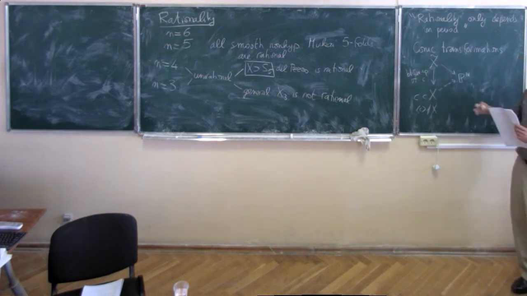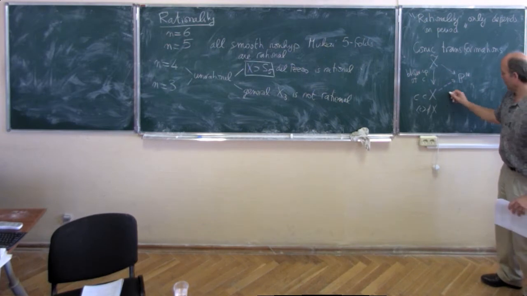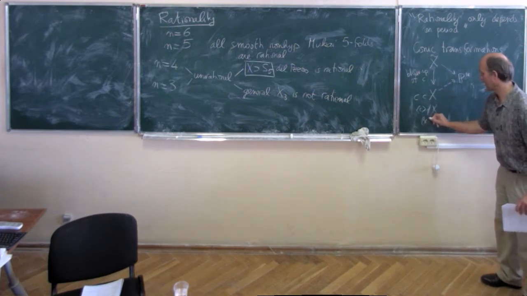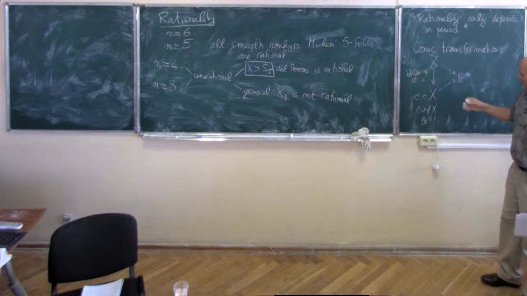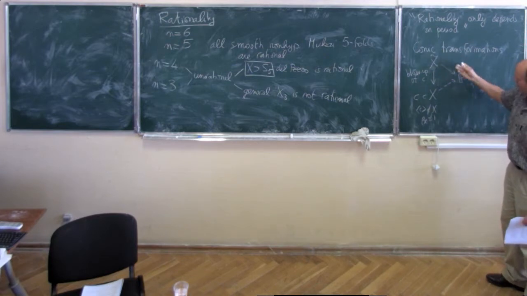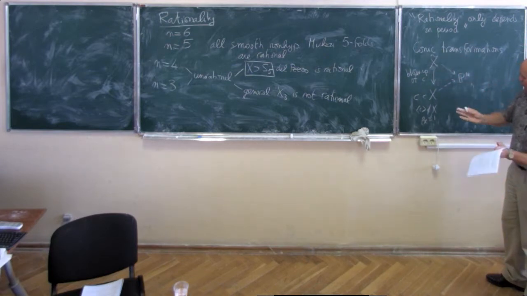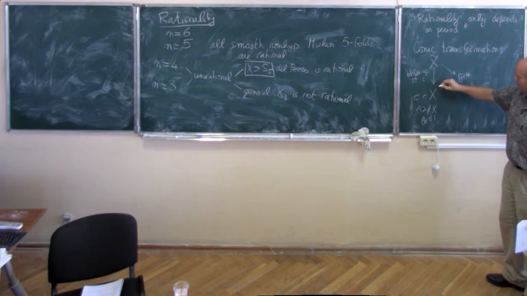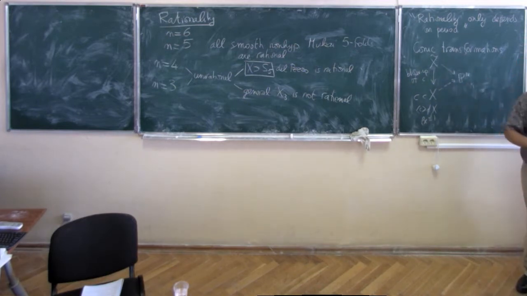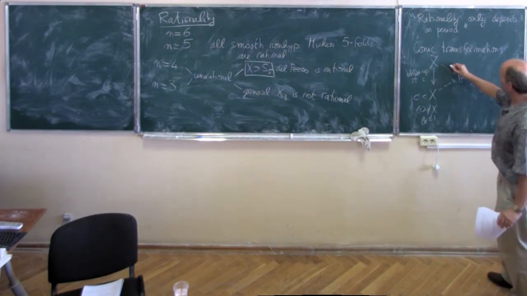And so the Picard number here is 1. So the Picard number here is 2, and the two contractions corresponding to the two extremal rays are this blow-down morphism and this one, if it's not a morphism on its image. In a lot of cases, this is a small contraction,